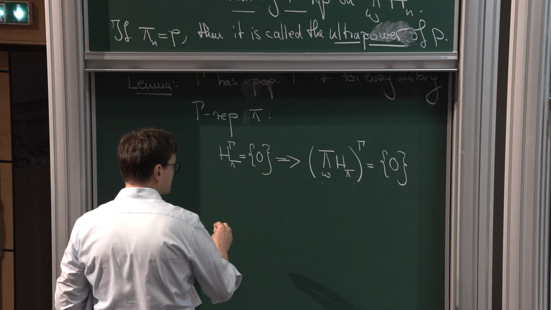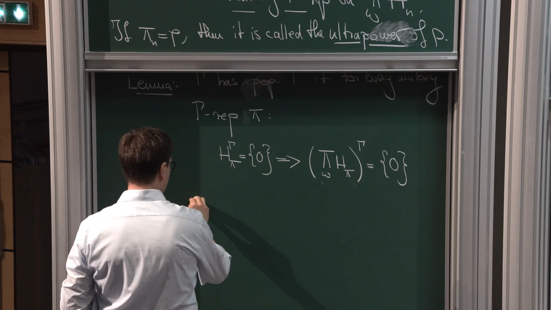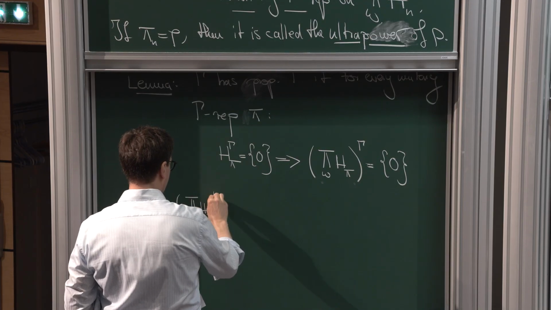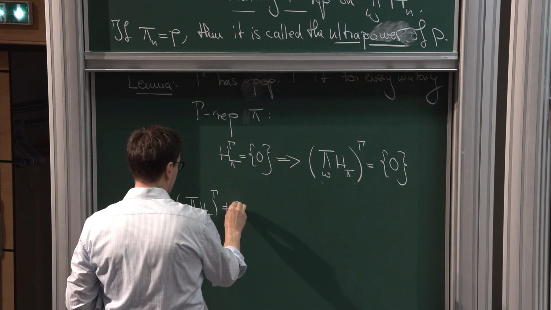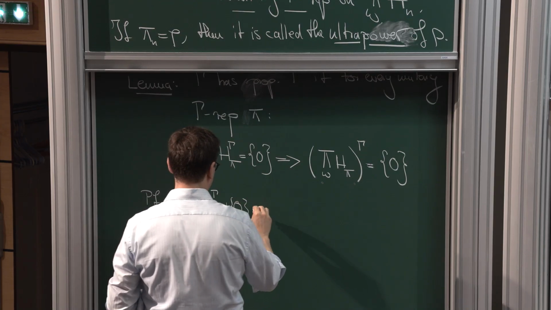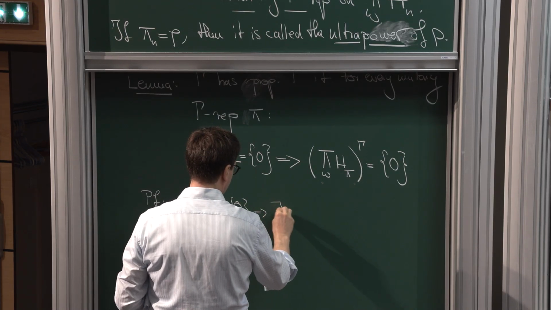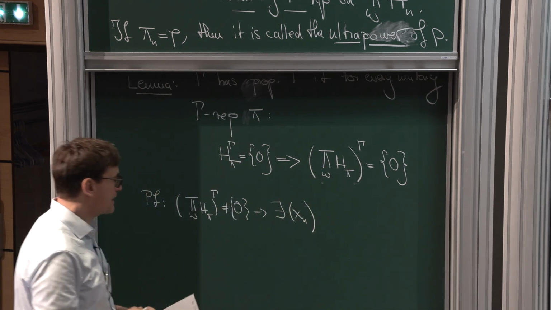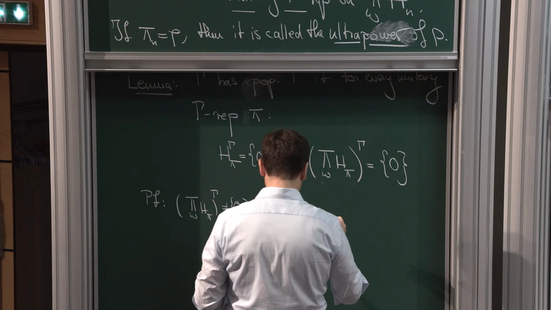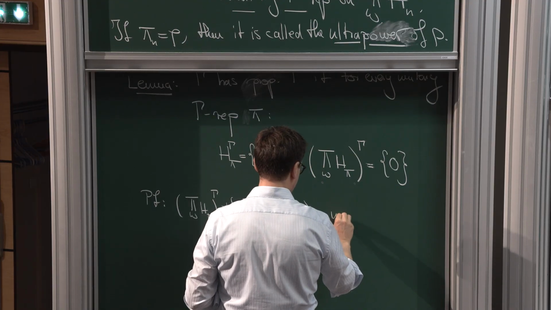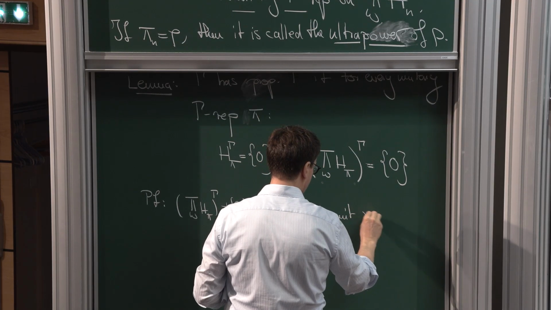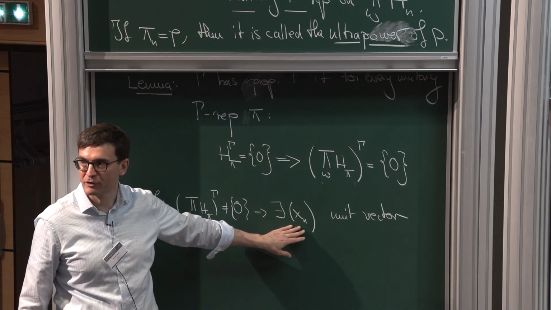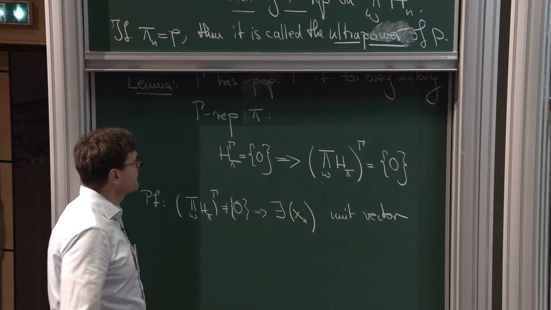It means there's a unit vector in this ultra power such that, and unit vector means that the omega limit of the norms of xn is 1, such that